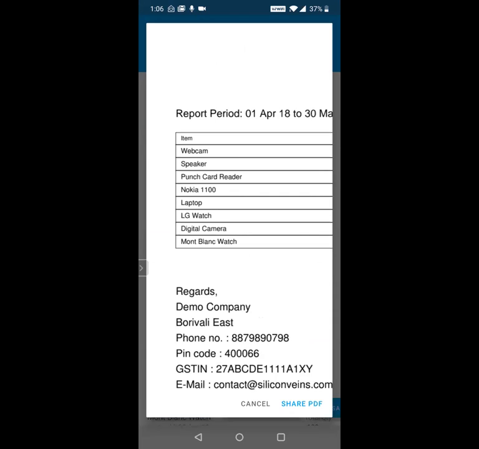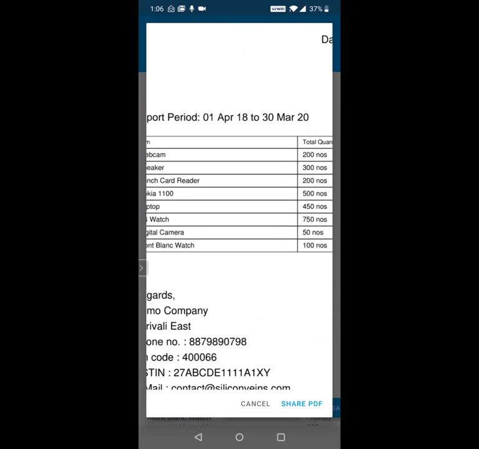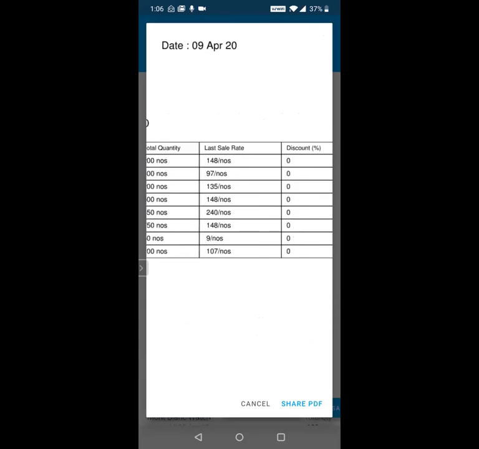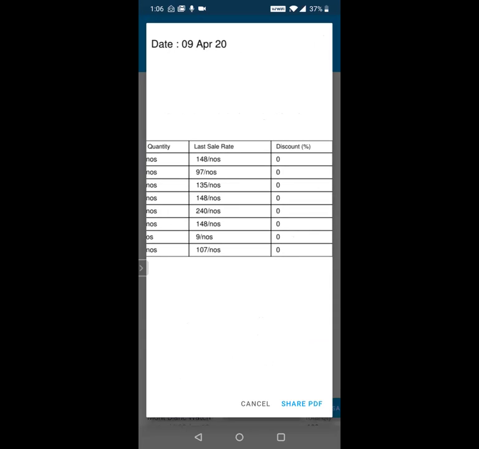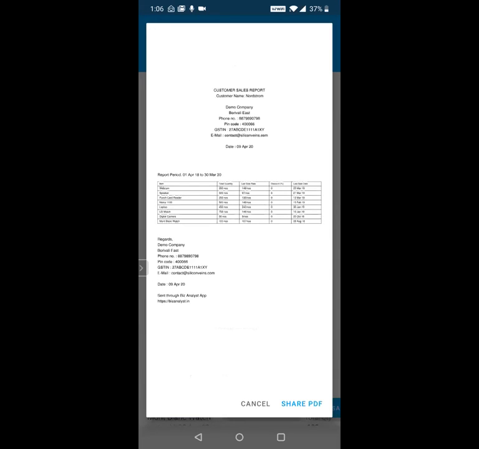Why are we not getting the orders again? So this is a report he can show to the customer. So these are the items, this is the quantity, this was the rate at which I was giving it to you. You can send in the revised rates or whatever it is, and the last sale date. Okay, so this is a good way to start the conversation with the customer on getting the business back.